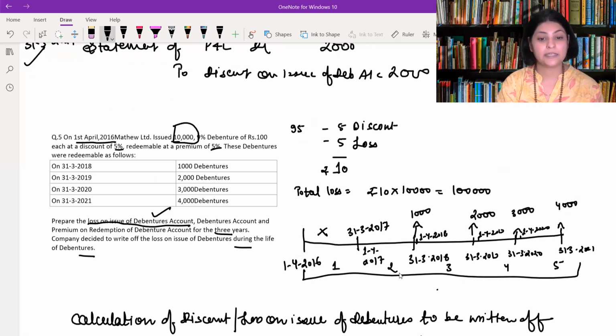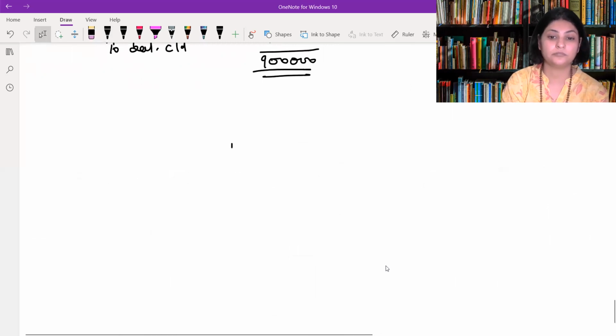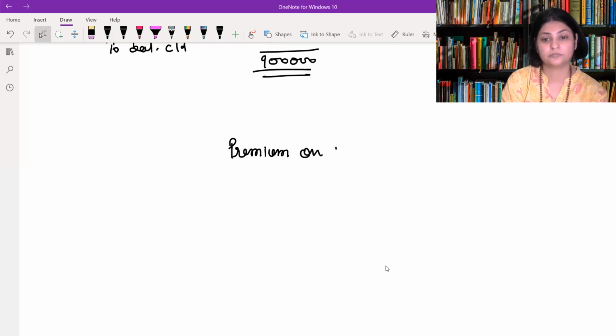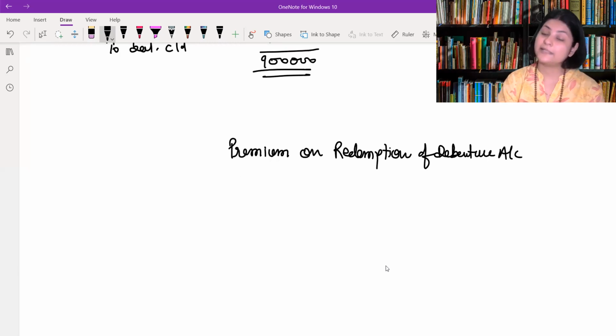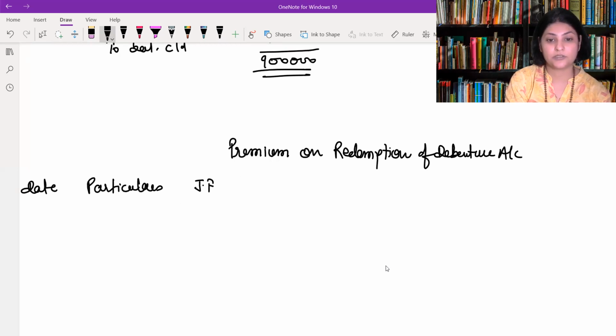Now the next account asked is premium on redemption of debenture. This is again a liability in nature. Let us prepare this premium on redemption of debenture account. It is a liability, students, in nature. That is why it also will have a credit balance. So let us prepare the format first. Date, particulars, general folio, amount,